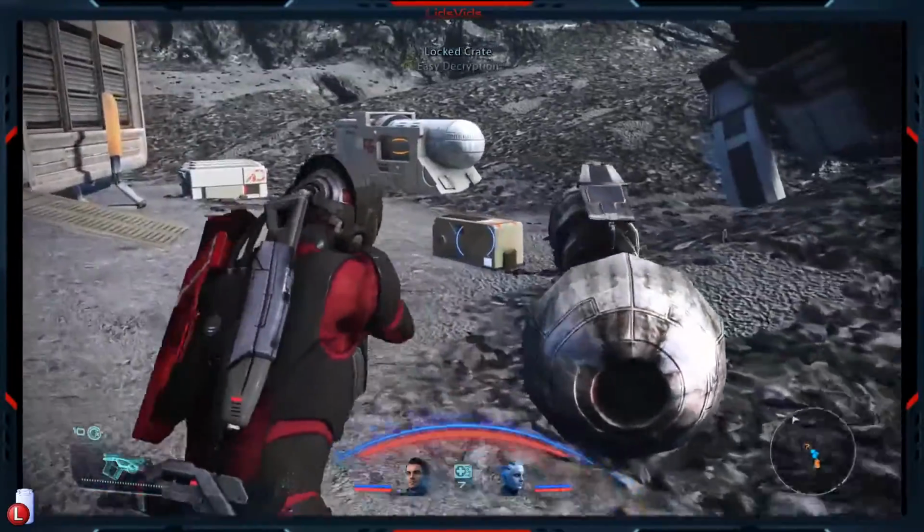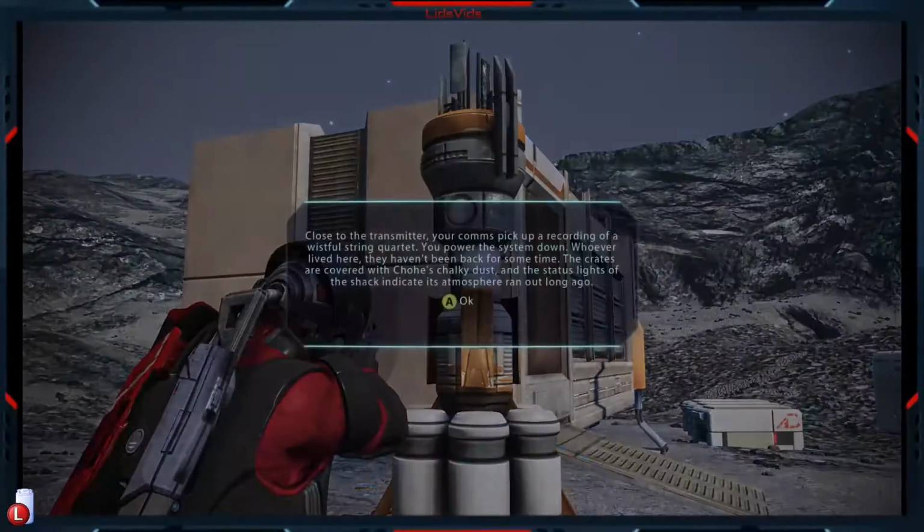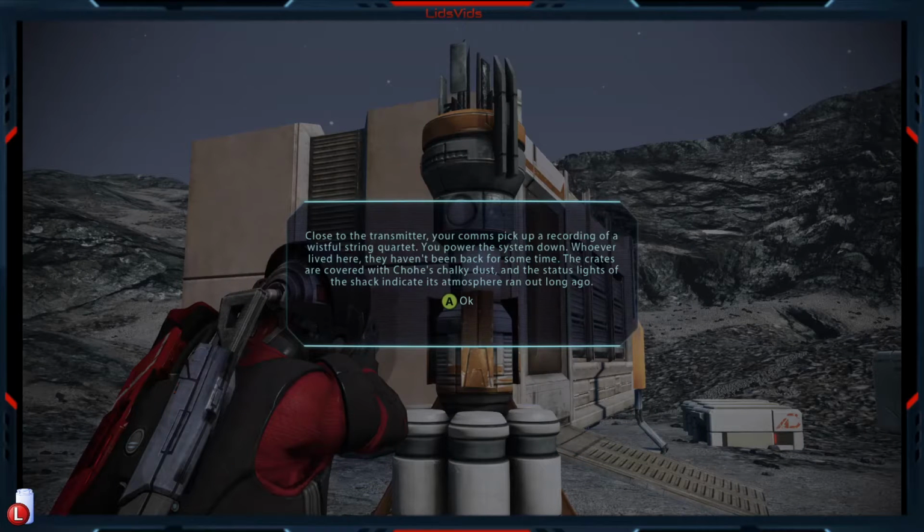Okay, let's see. Close the transmitter. Your comms pick up a recording of a wistful string quartet. Power the system down. Whoever lived here, they haven't been back for some time. Crates are covered with Cho's chalky dust, and the status lights of the shack indicate its atmosphere ran out long